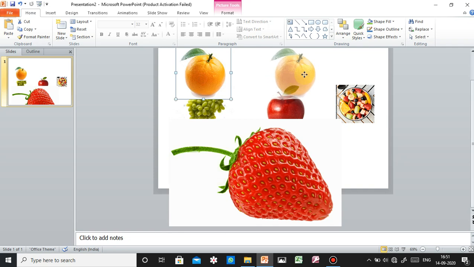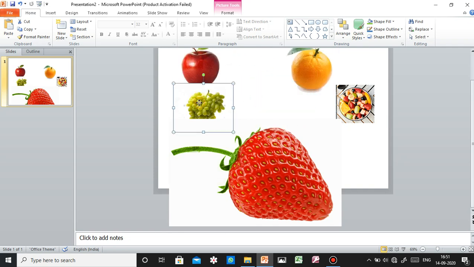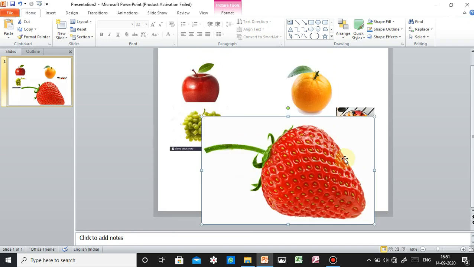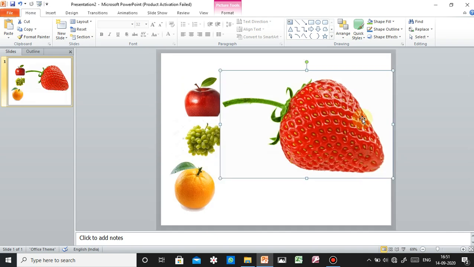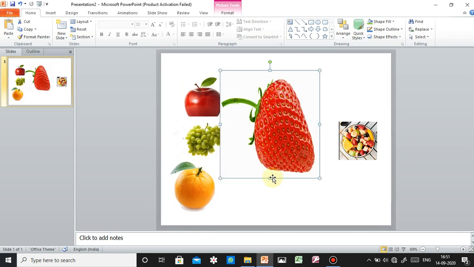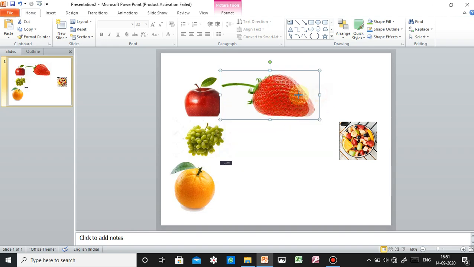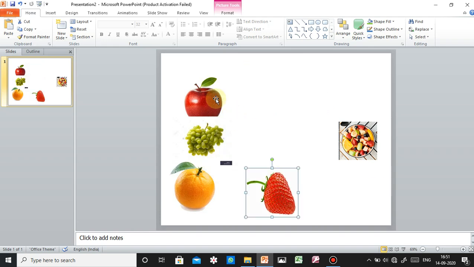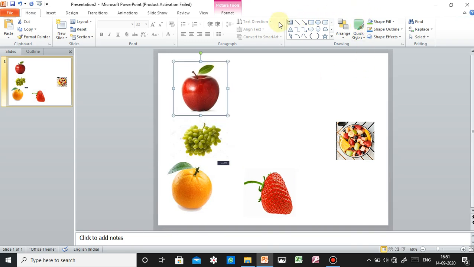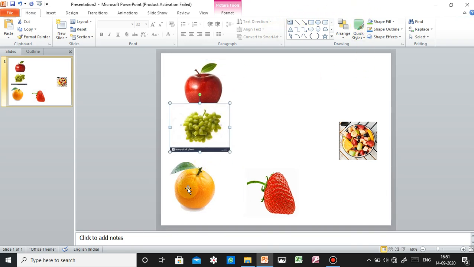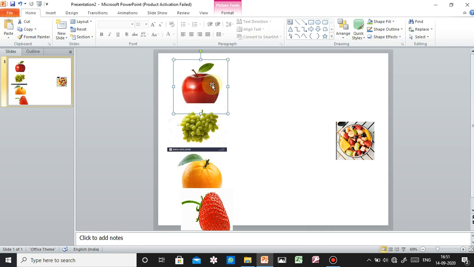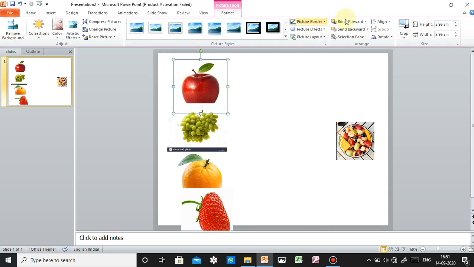First of all we have to take an apple here, then grapes, whatever you want to take you can easily take. And this orange also here. We have to resize the strawberry first so that we can set it here. See here how we can set these things. We have a shortcut for setting the images size. That's why first of all we have to crop this size. By the help of this feature I can crop these sizes.